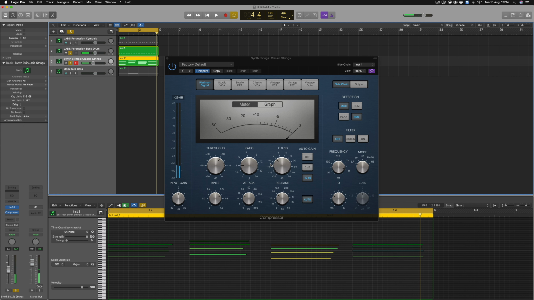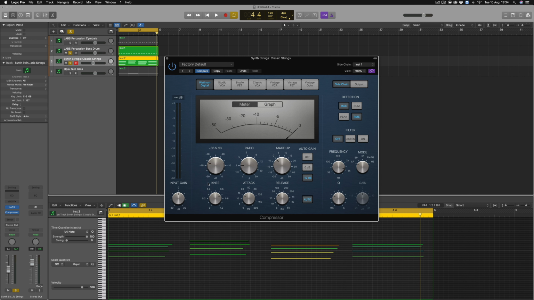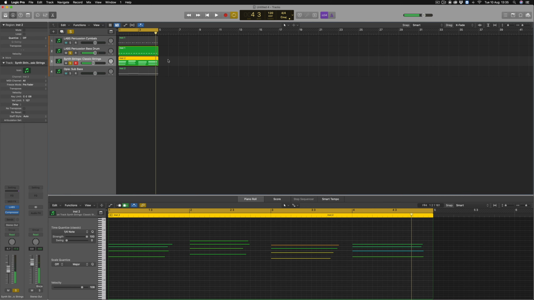You can see that the bass drum is now activating the compressor, and to make this a little bit more obvious, we can decrease the threshold and then take down the makeup gain to make sure that we're not overloading the track. Now when we play the track in full,